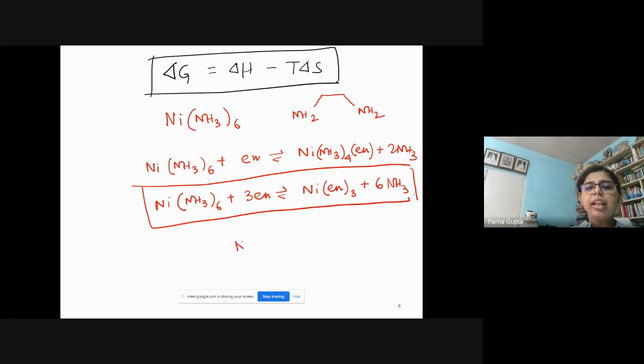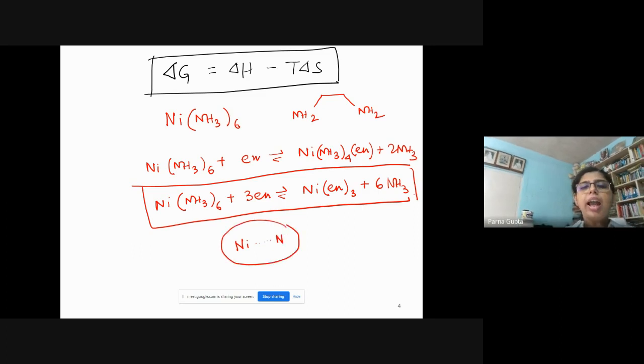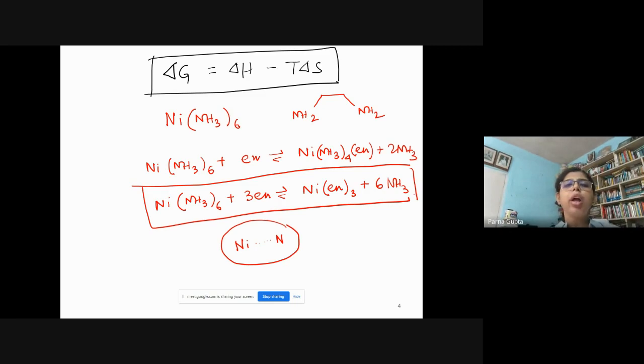That this nickel is bonded to the same nitrogen, and if you look at these two ligands, NH3 and en, a little bit of change in the Lewis acidity character must be there, but that is not too much when they are joining to the nickel. Now, in the stability context, we will see how